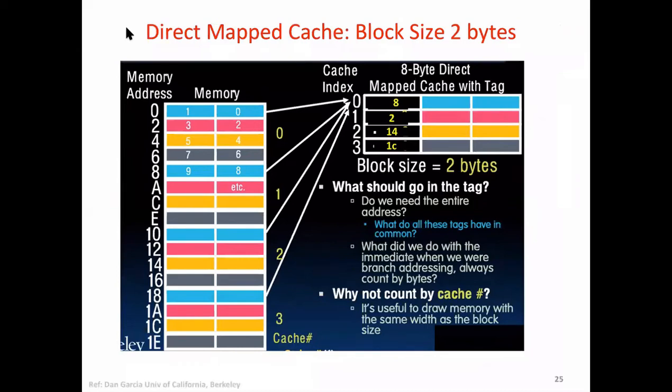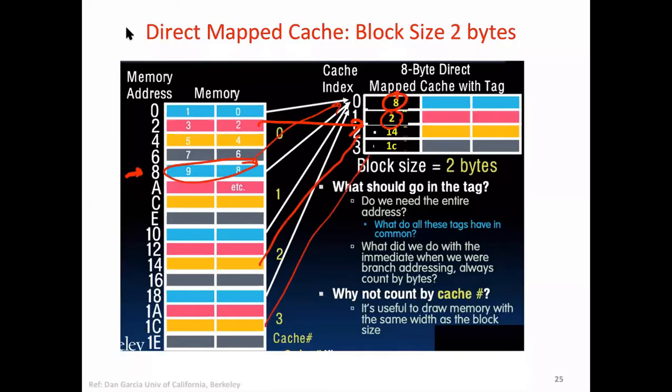This slide says that, for example, at this point in time, we have brought in these following blocks. The one which is starting at 8, so this block is there. So 8 is shown here. This is the address at which this block is starting. And then 2, it means that this block is there. And then we have yellow 14, so this block is there. And then 1C, this block is there.